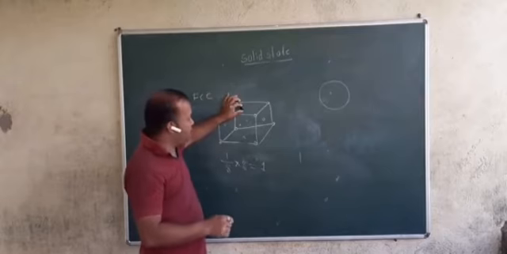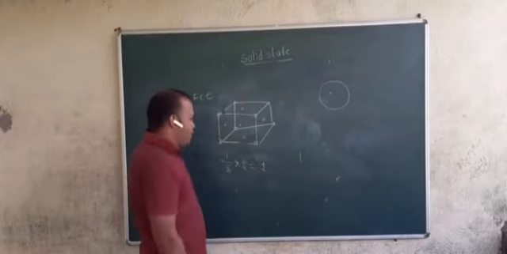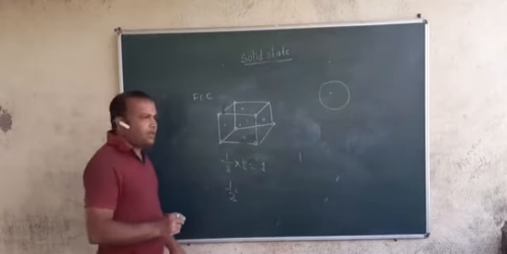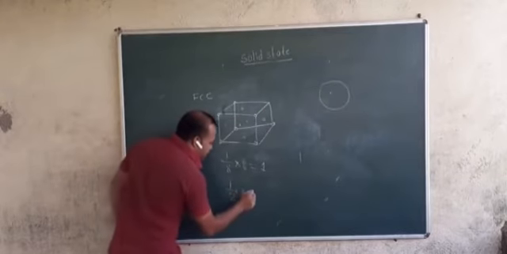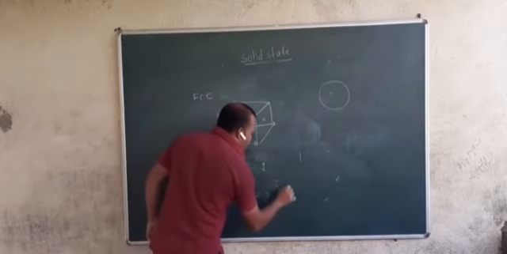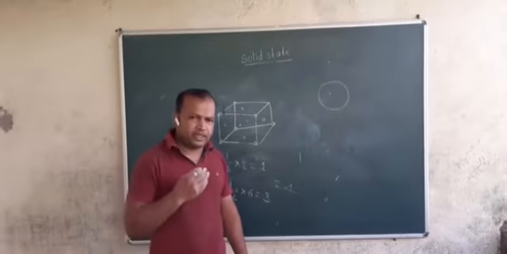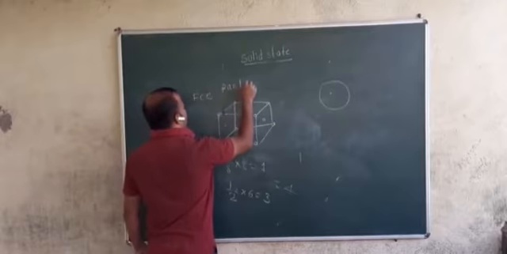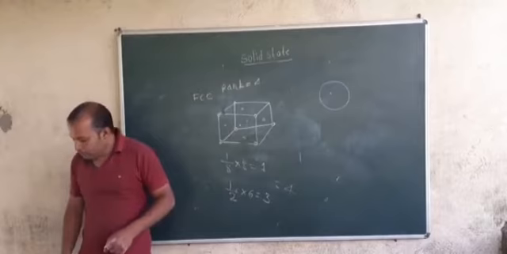So half part will be of this cube and the other half part will be of the upper cube. Means contribution is half. And like this, how many faces are there? 1, 2, 3, 4, 5, 6. So 6 faces. So it will be 3. So 3 plus 1, that is equal to 4. So if the rank of FCC is asked, the rank of FCC is 4. Okay students. Now